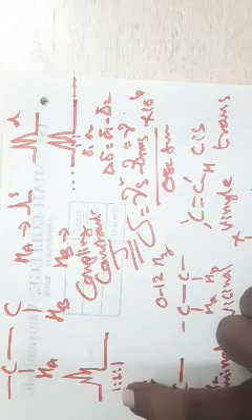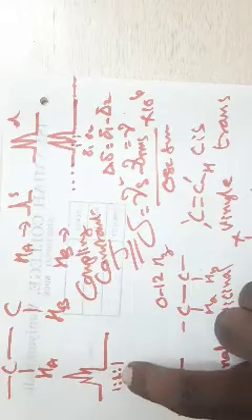Suppose if we have more than one proton, if we have a CH2, two protons of HB, then the signal for HA is split into a triplet. The intensity ratio is 1:2:1. And the n plus 1 rule is applied. If we have n neighbors, then the signal for a proton is split into n plus 1 lines.